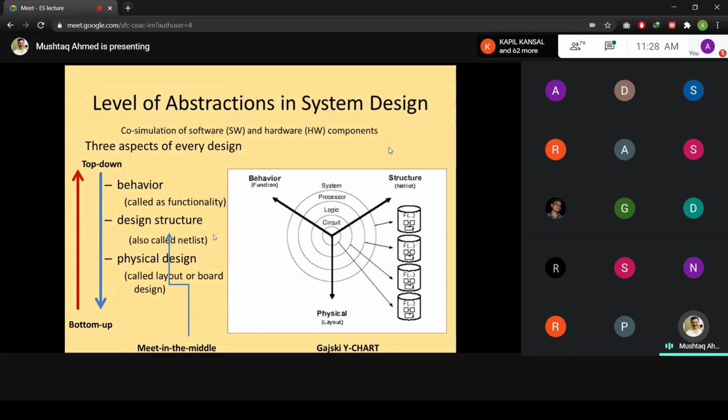So there are different levels of abstraction within this, and using this we can model at any of these stages, or in any of these ways, in which we can design the system. The easiest way is the behavioral description of the device, where a simplified way of representing the functionality of the device can be depicted in a program, and the device should start functioning accordingly.